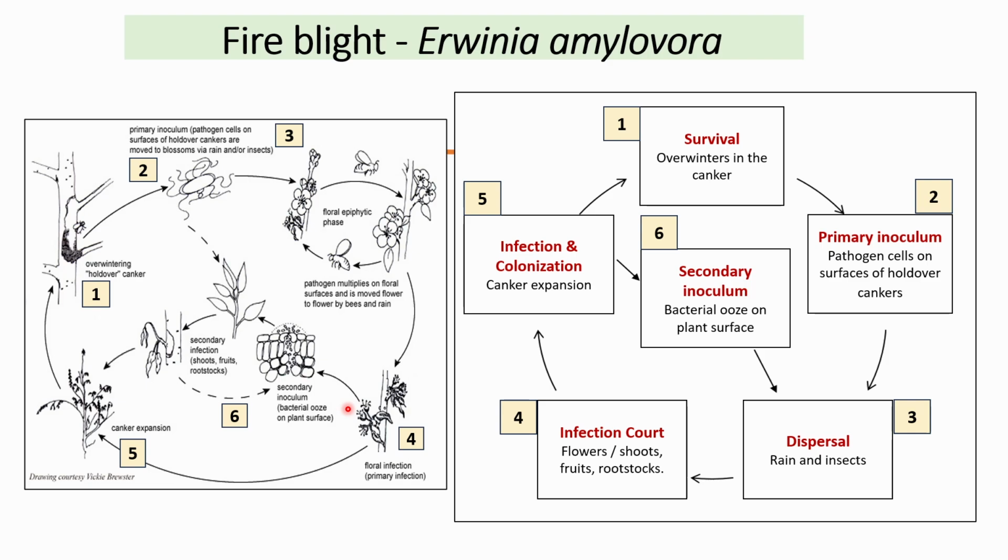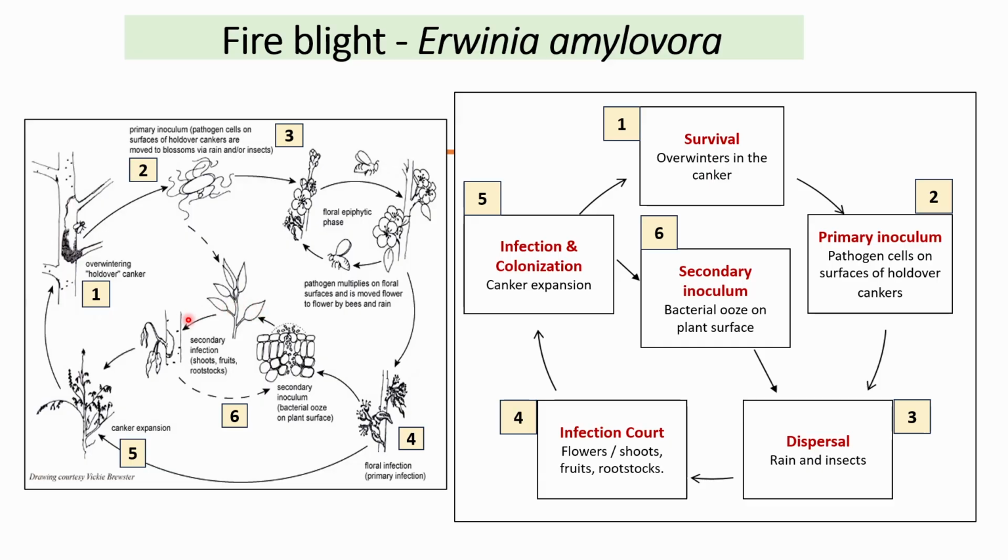And here is like a question: what is bacteria ooze? Well, bacteria ooze is an exudate. It is a slimy substance that consists of bacteria cells and sugar. So any insects can come here too, can walk on the leaf and move these bacteria to another leaf, and